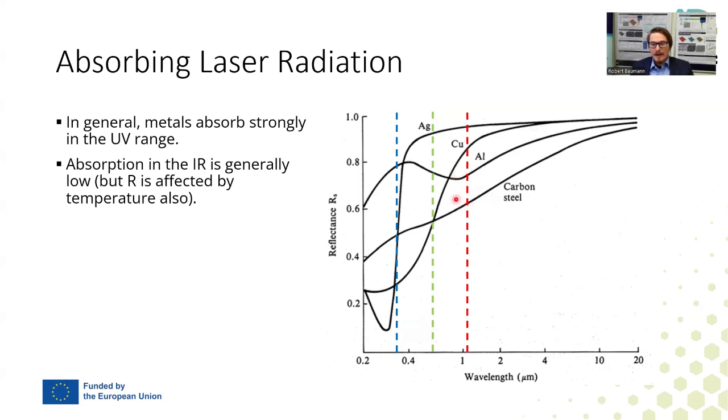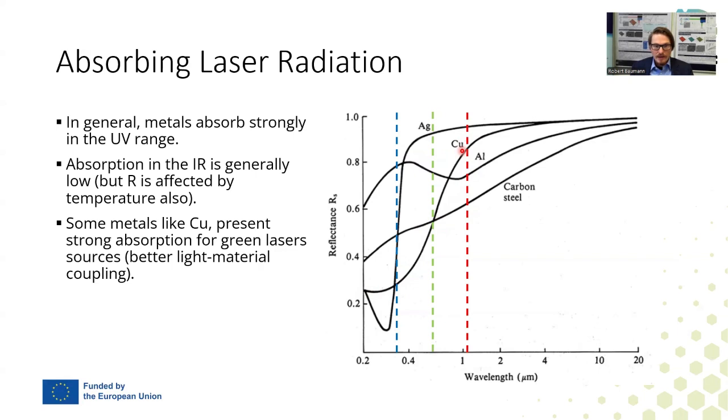So, for example, if you have a carbon steel, it is totally sufficient to use an infrared laser system, because here you have an absorption of around 40% or a reflection of 60%, as well as for aluminum. But if you have, for example, copper materials, I wouldn't recommend using an infrared laser for that, but going more into the green or visible spectrum, or even the UV one, because here the absorption of those materials is much higher than in the infrared,